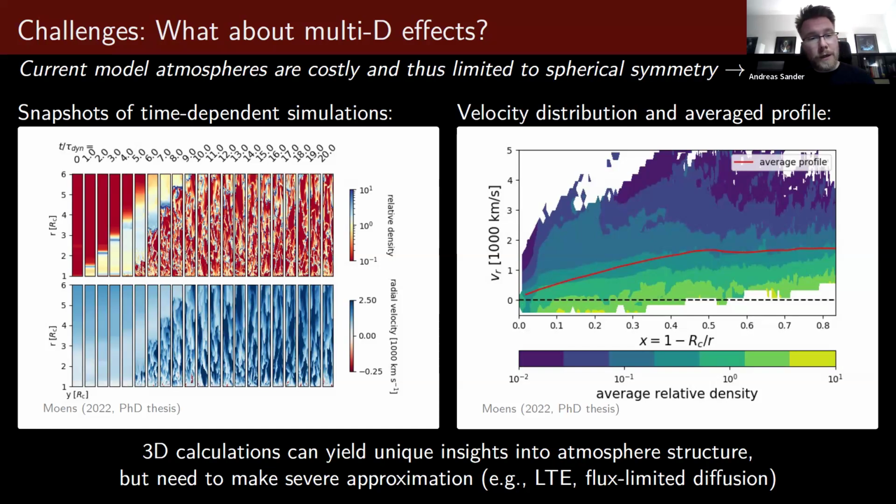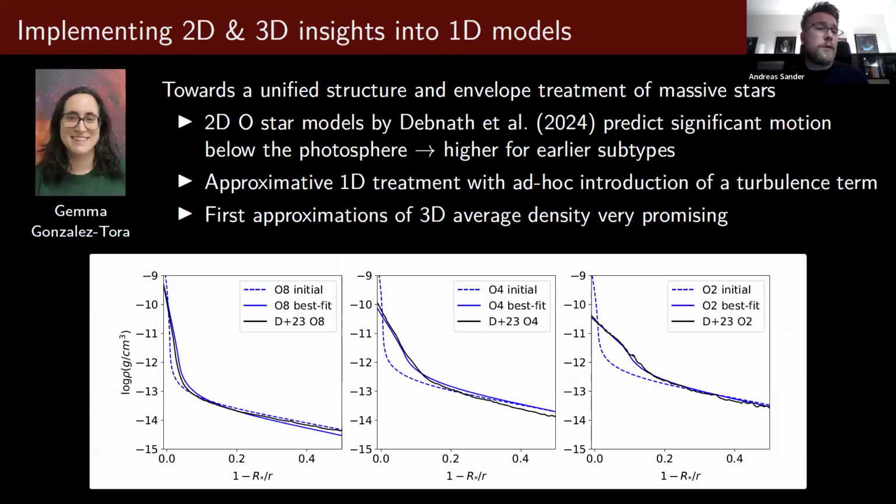And so what we can do is compare their treatments, and that's what my postdoc Gemma Gonzalez-Tora is working on, using averages in the density or in the temperature of the 2D and 3D models, and calculating 1D models that approximate this. For the O-stars, in a paper that's already submitted, we had a first referee report and are now waiting for a second one, we are using approximate